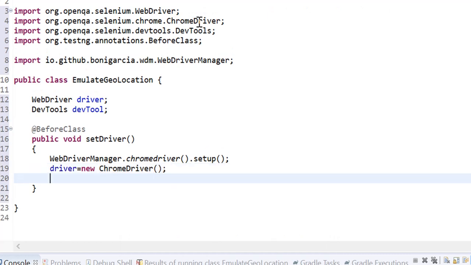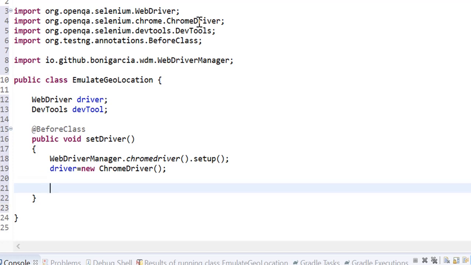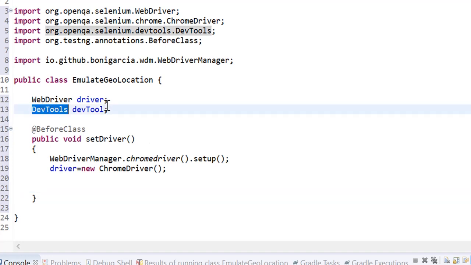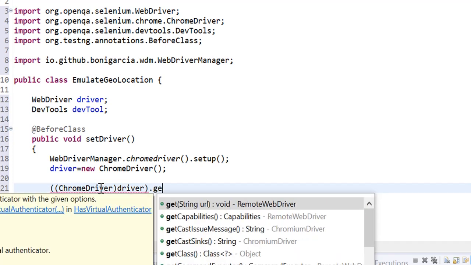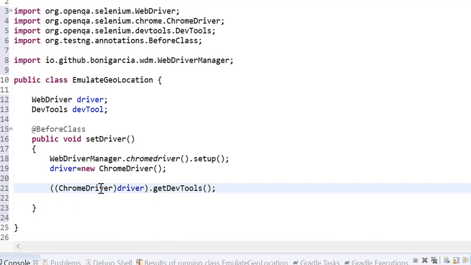Now I am going to get DevTools. Whenever we are using this DevTools feature, we have to cast this WebDriver to ChromeDriver because it is coming from ChromeDriver. So let me cast this driver to ChromeDriver, and call getDevTools, and for the return type I will use this reference variable.